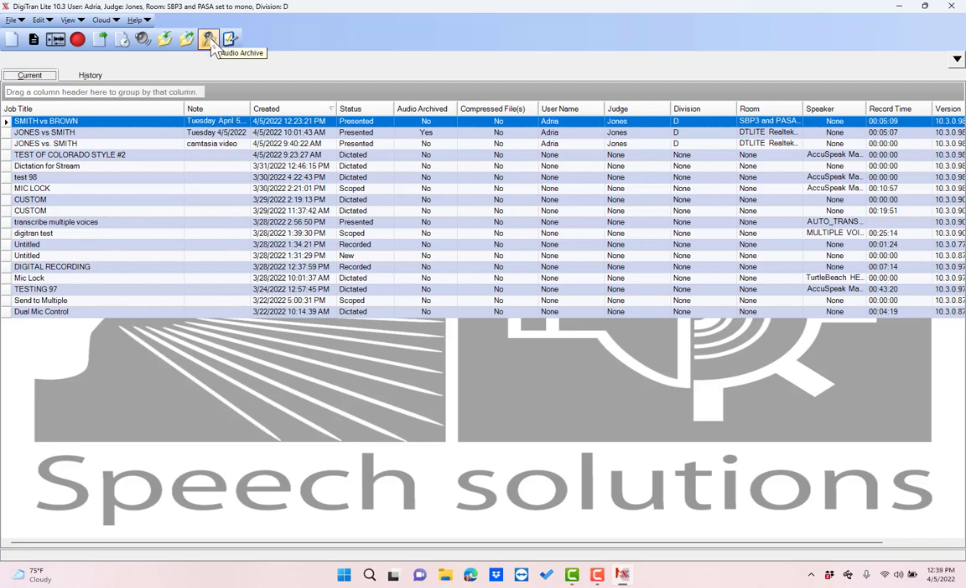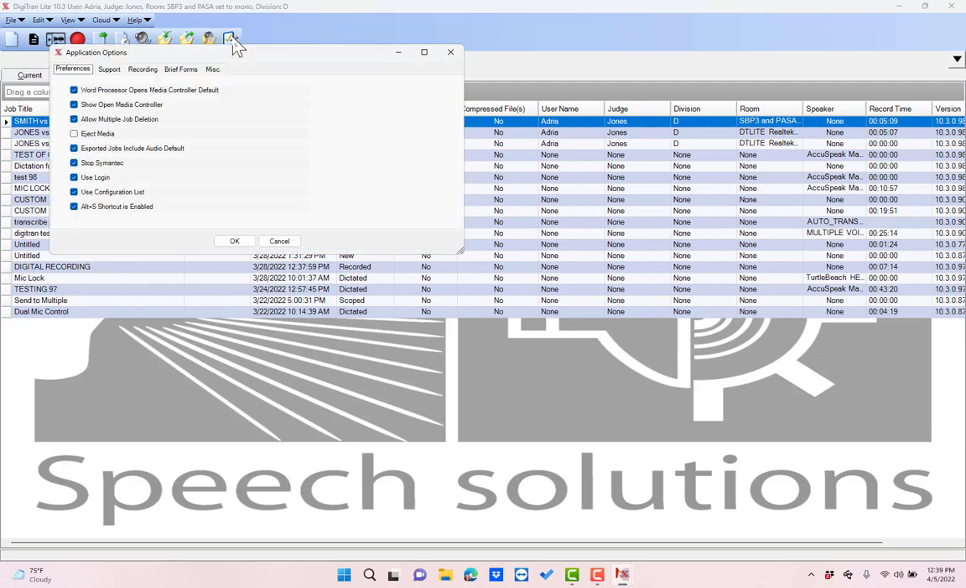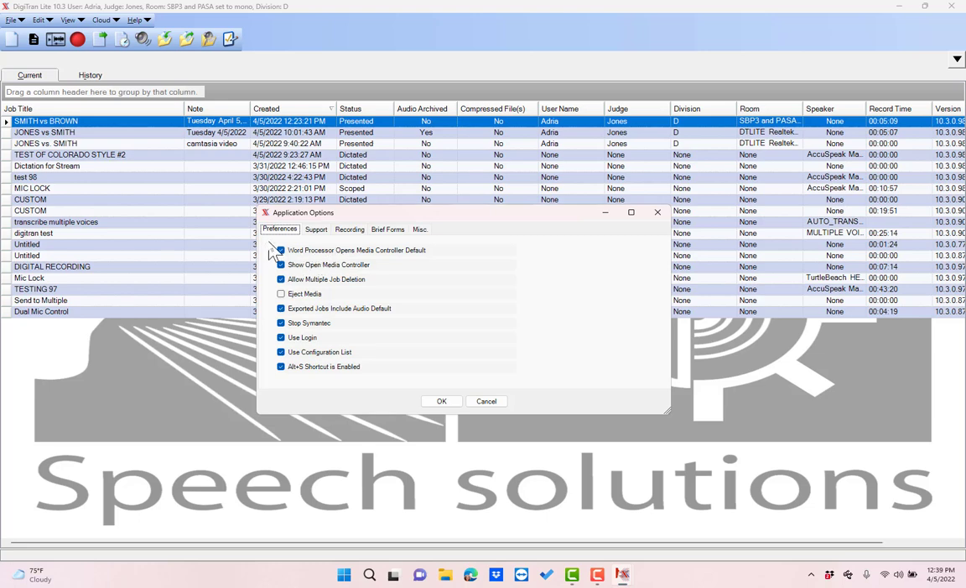Audio archive is the same in current as it is in history, and you will see what is archived by what says no or yes in the audio archived box. The last button is your options, and they include on the Preferences tab, Word Processor opens Media Controller by default, Show Open Media Controller. These two allow you to listen to audio in the word processor,